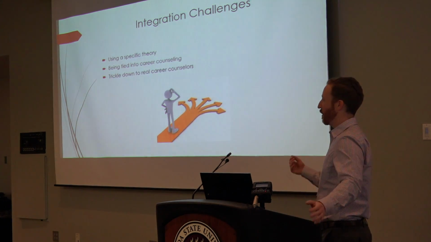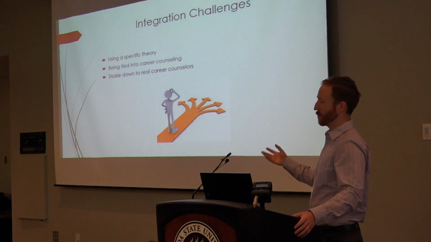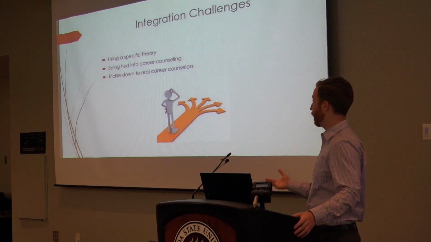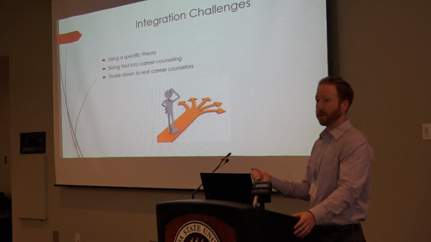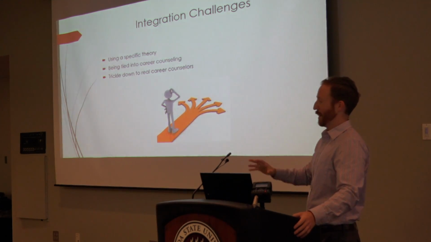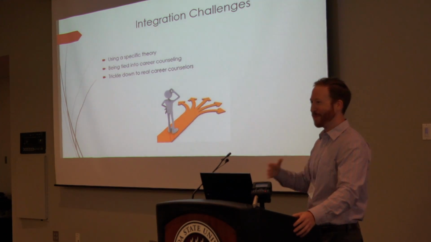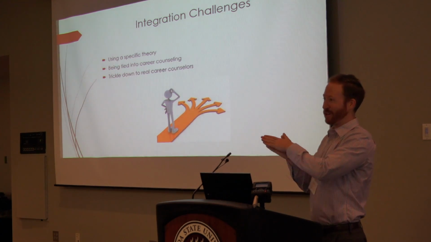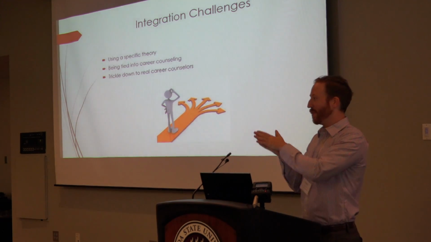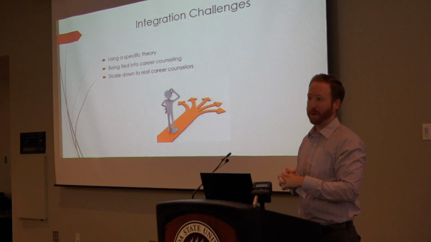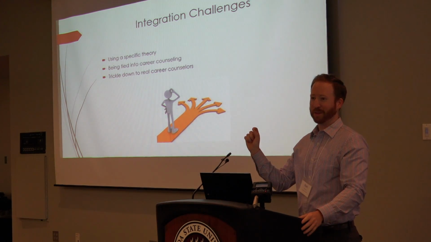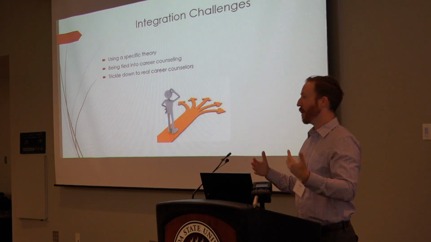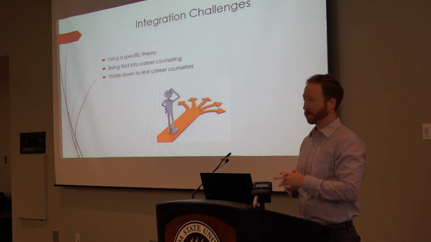So there's obviously all these integration challenges around writing journal articles, for CDQ in particular, but for other journals. One is using a specific theory. So really strong articles will have, again, this is maybe just my bias, but in my opinion, a first page of an introduction, 2 paragraphs in your intro, and you'll end that introduction saying what's the goal of this paper. And then your next subheading is called theoretical framework. That you pick a framework that you're going to use to orient your paper.